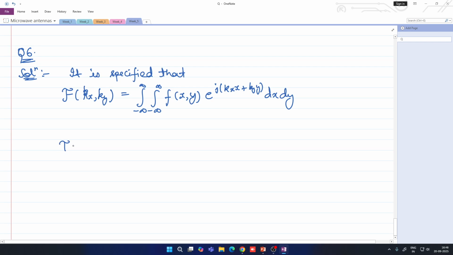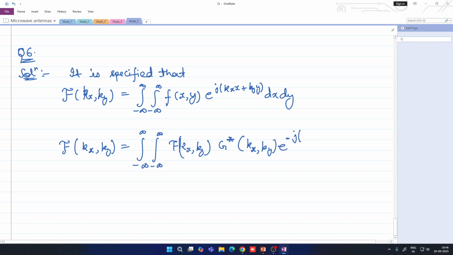And we know that f of kx ky, integrated from minus infinity to infinity and minus infinity to infinity, f of kx ky multiplied with the complex conjugate of g, which is another function that also varies with kx and ky, into e to the power minus j (kx x plus ky y) dkx dky. Now using this